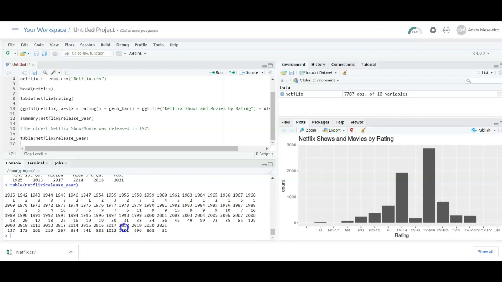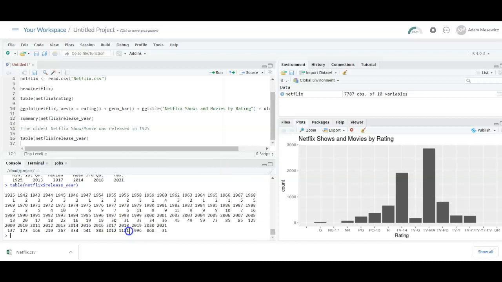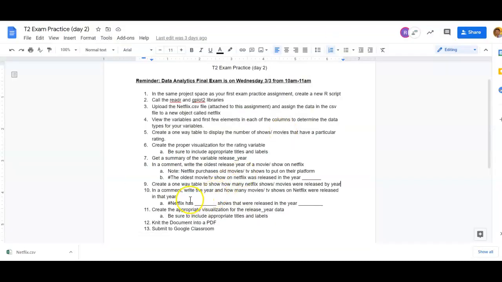So we can see that in 2018, Netflix released 1,121 shows. Or Netflix has 1,121 either shows or movies that were created or released in 2018. And I think that's the next thing that we need to do here. So it says in a comment, write the year and how many movies or TV shows were released in that year. So if we wanted to talk about the year where they had the most TV shows released, we would be saying that